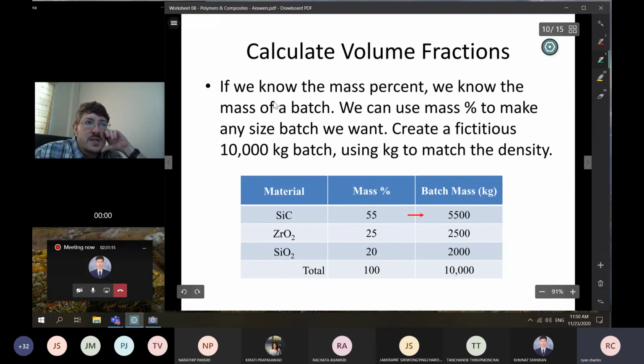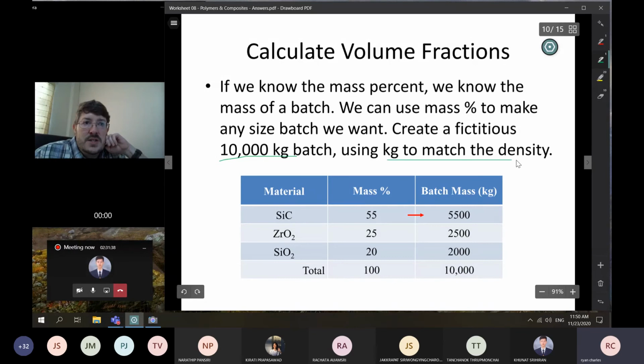If we know the mass percent, we can use it to make any imaginary batch we want. So I'm going to create an imaginary, fictitious 10,000 kilogram batch,